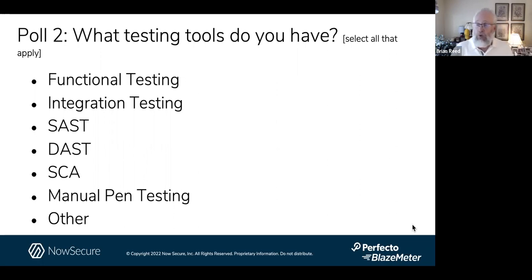Again, that will help Eran and I understand who's got what, and we can shape that into our conversation. We know from the first poll that it was a little higher on the security side than the QA side. Thank you for joining. We'll help both of you learn more. We'd also like to know about your tools. So we'll give it about 10 seconds. And then if we want to bring up the results.